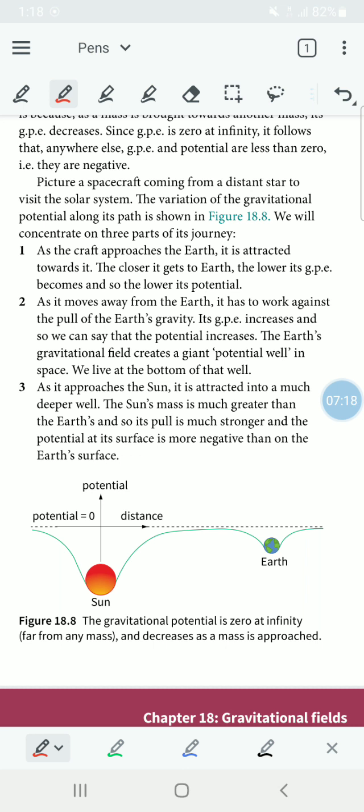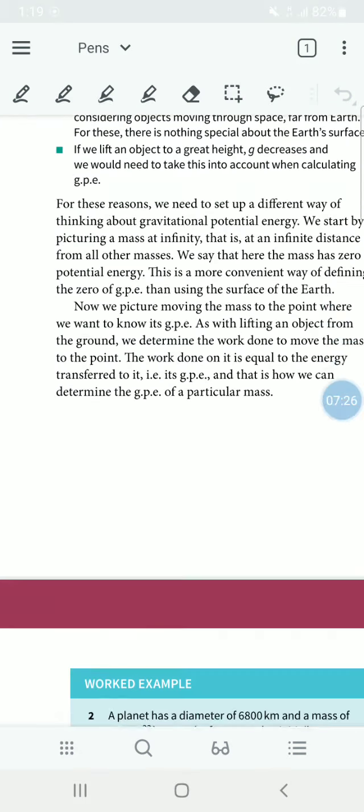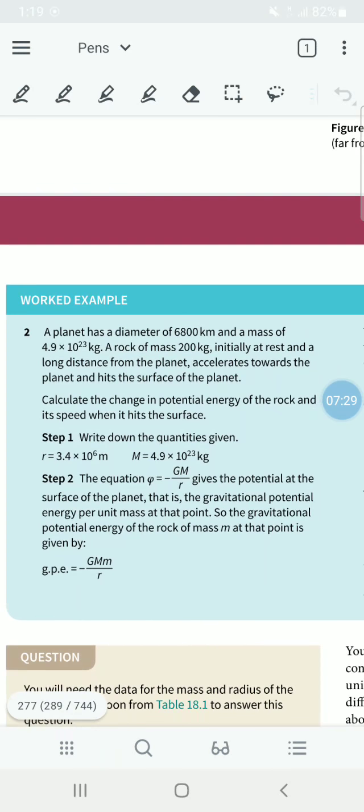I hope you understood. It's a bit of a complex mathematical idea that we are trying to explain. If you need further explanation, please raise questions. I will explain it further.